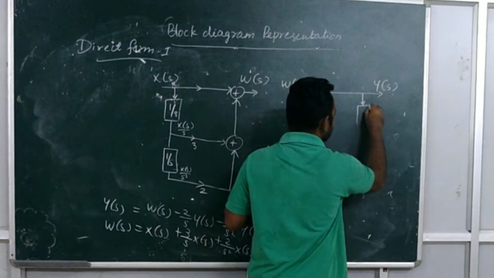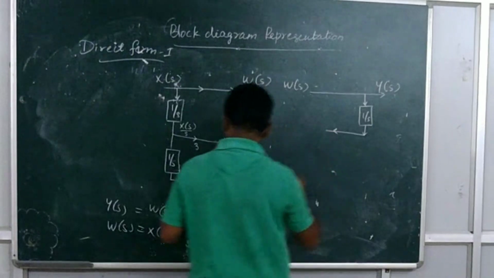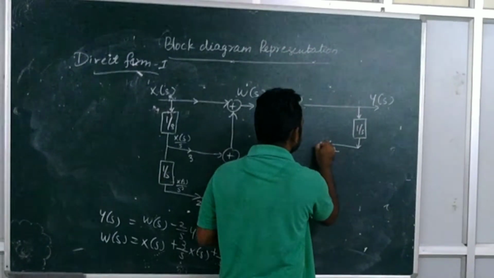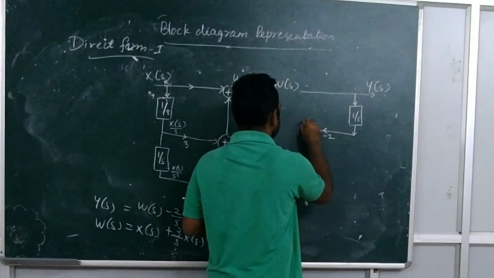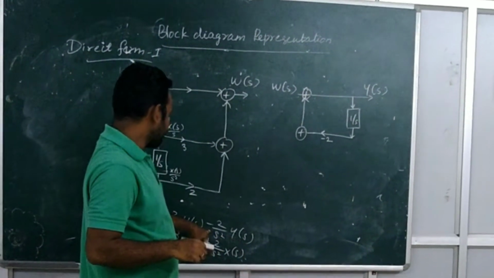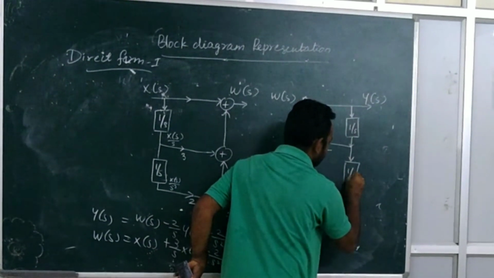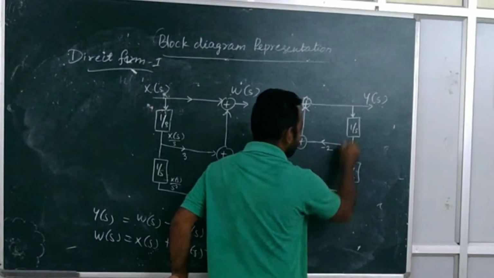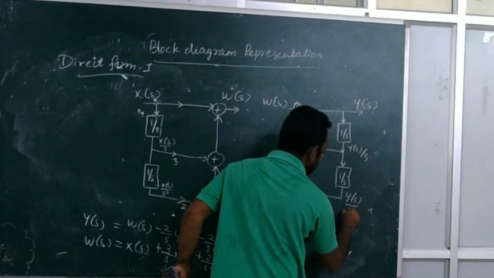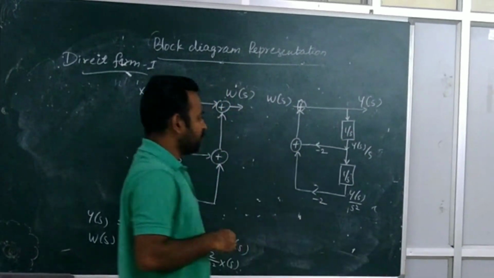So from Y(s), you are connecting a delay element or integrator 1/s, and its magnitude is minus 2. So here you can include minus 2, and everything is combined here. And here the magnitude is once again minus 2, and the delay is 1/s². So at this point you have Y(s)/s, and at this point you have Y(s)/s². The magnitude is minus 2. So it is going like this.